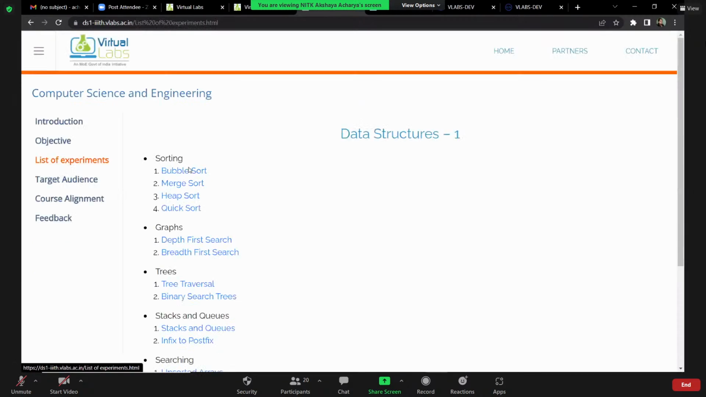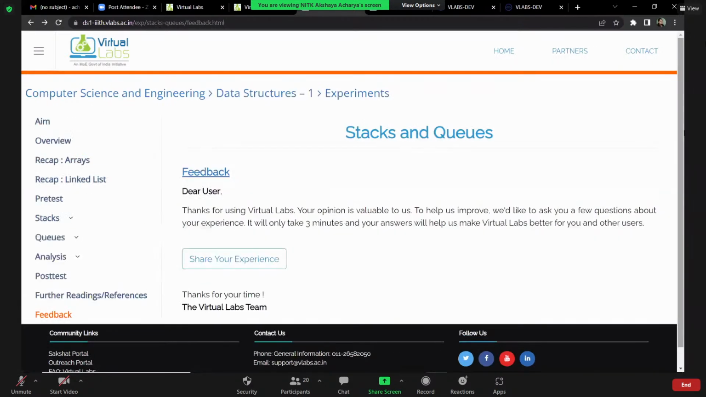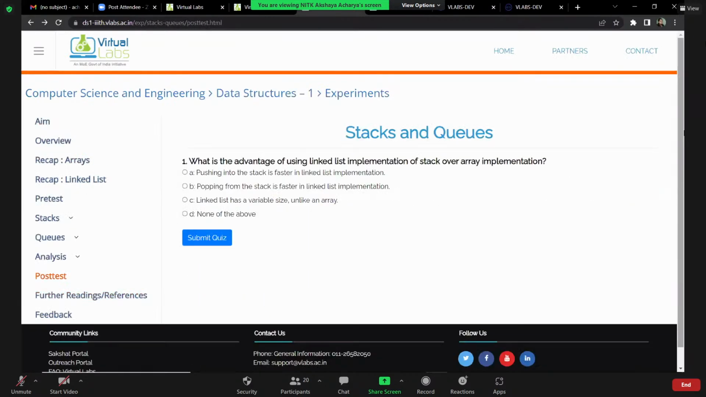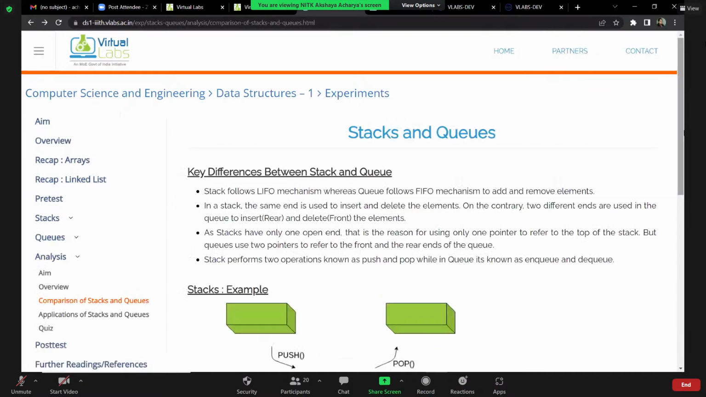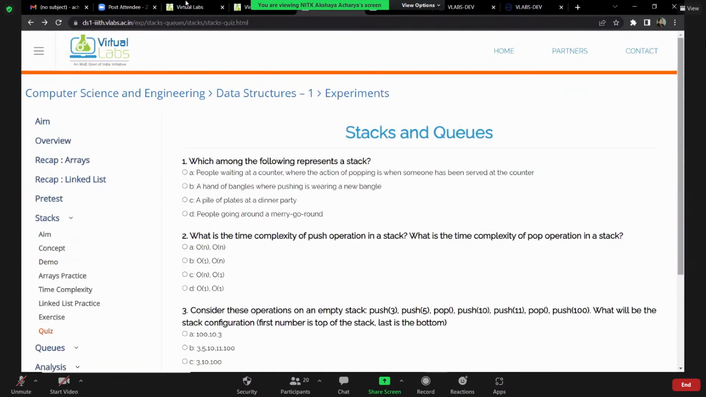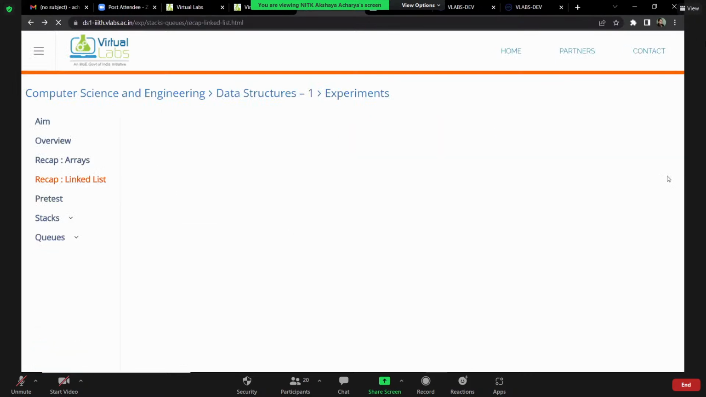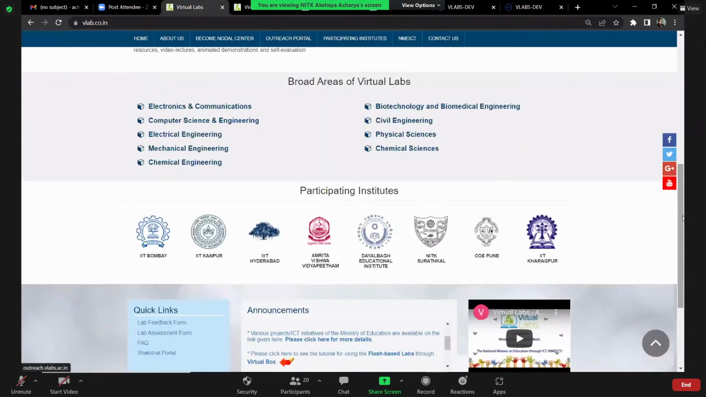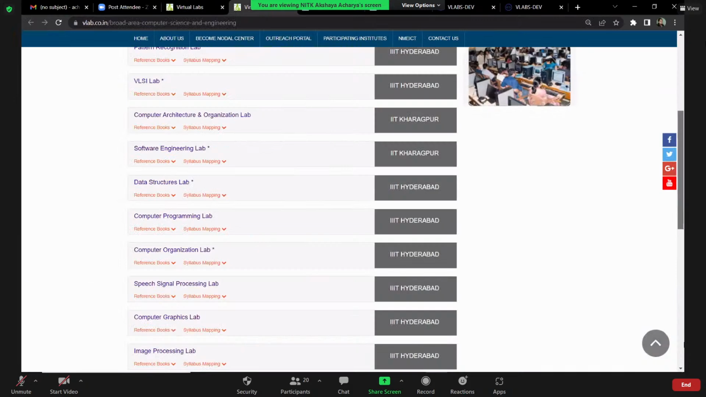So it lists sorting experiments, graphs, trees, and certain concepts under this particular lab. So there are 2 more labs for data structures. So you can just explore those 2 labs as well. So this is one of the labs under labs ready for use. You can just explore one more lab that is listed under upcoming labs section, that is below here, that is